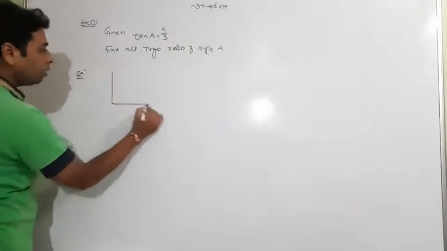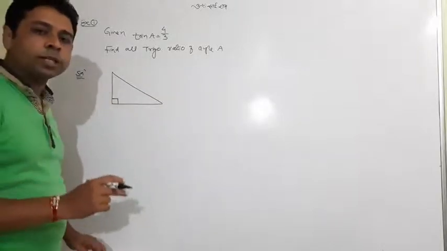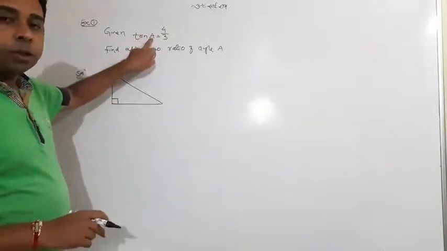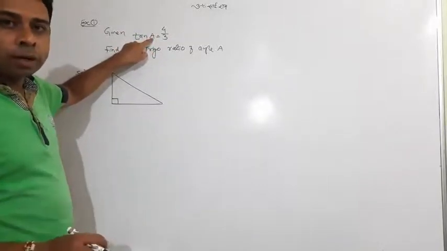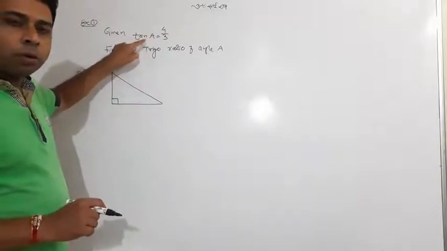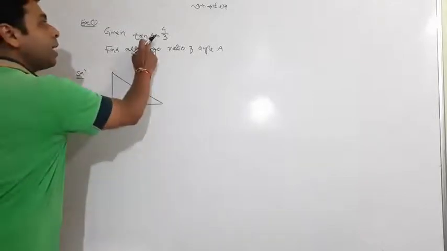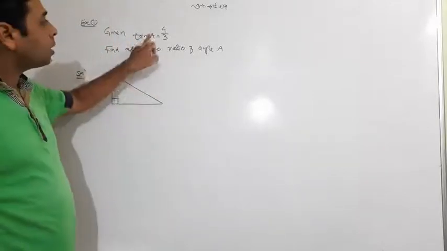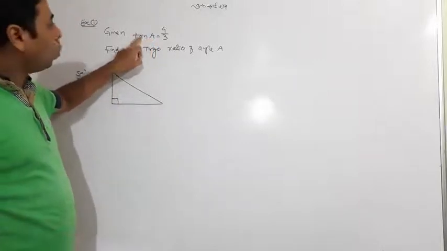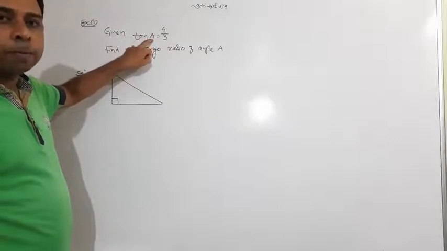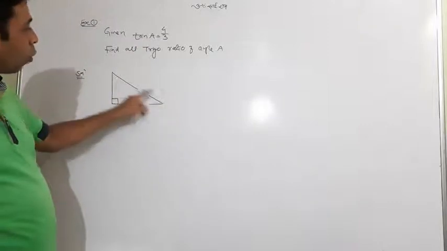First of all, we make a triangle. What is the important thing to focus on here? Tan A. Whatever it is, A will be your acute angle, one of the acute angles. Don't label in a hurry that it is A, it is B, it is C. It will be wrong. One must know that this is an acute angle, because I have already told you that all the trigonometric functions are based on an acute angle. So A is an acute angle, which may be labeled here or here.